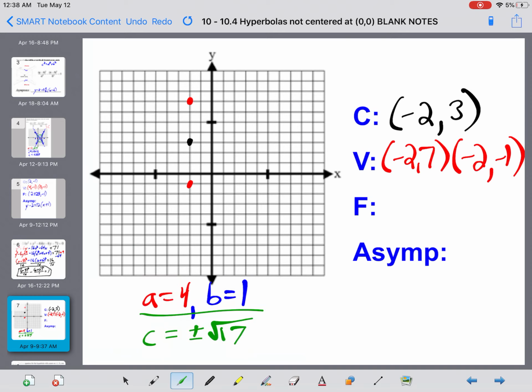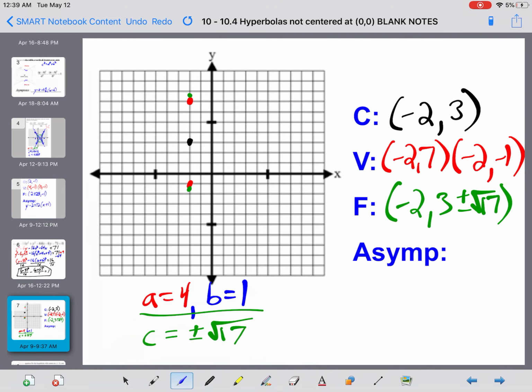I'm going up and down the square root of 17. That's a little bit more than 4. So they're really close to the vertices here. One's there and one's there. Now to label those, I'm starting here at my center, -2, 3. Because I went up and down to get to those points, I'm adding and subtracting to the y. So I'm adding the square root of 17, and I'm subtracting the square root of 17 to get my 2